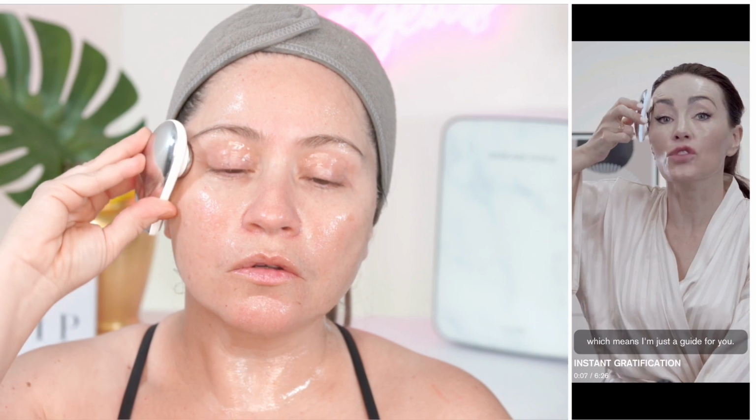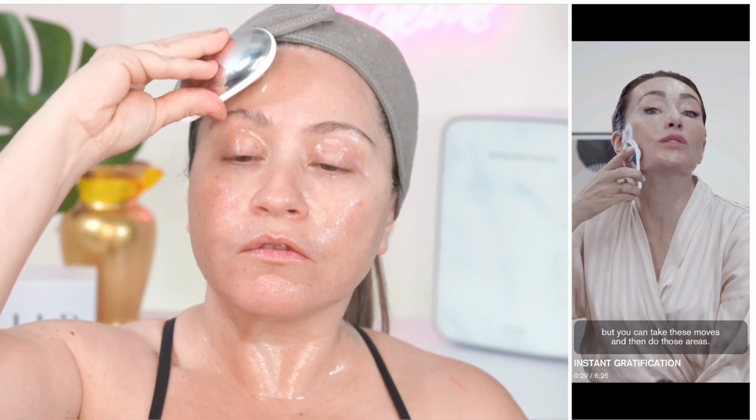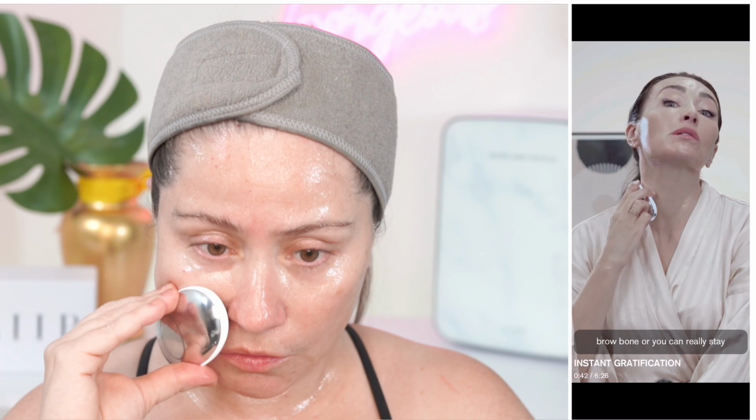You start on your neck, and Melanie likes to go on the sides all the way up, but it's a free-form treatment. The way I like to do it is go up and include the cheeks in one swipe up. But you can focus on your jawline if you like. Melanie often does this side here to just give an overall lift. But you can focus on each area that you like. If you want to work more on the jaw, it's a very strong current that will really help to lift the jawline. You can also go under your cheeks